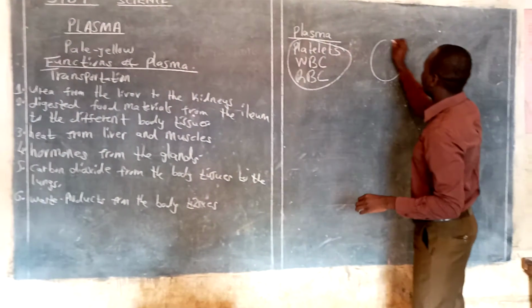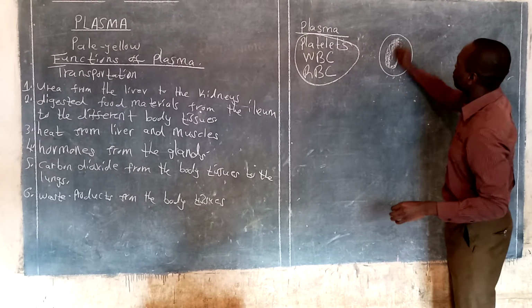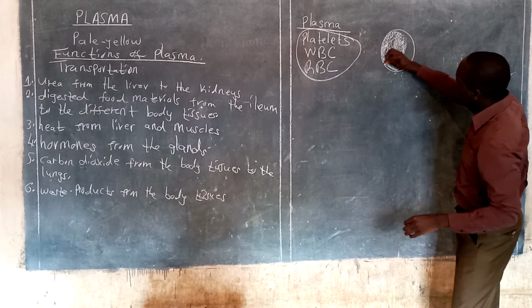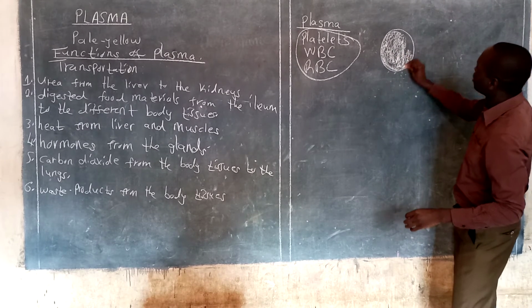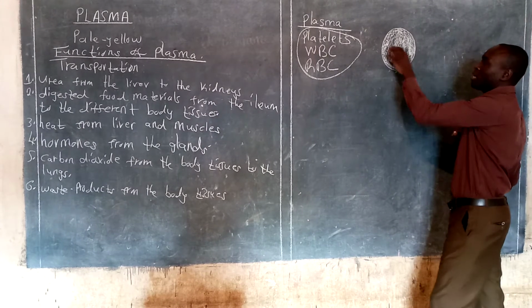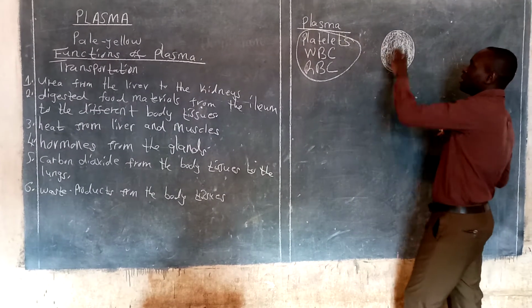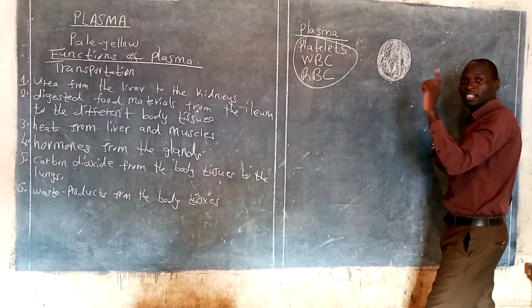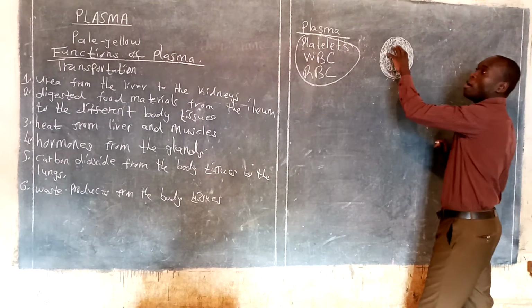Let's say, for example, like this. Let's say this is blood. You have your blood here. Remember, blood is usually red in color. It's not white, as I'm drawing it here on the board. It is usually red in color. So if this is the blood, mostly this liquid part here that you are seeing, the red in color, is just a liquid, but it's red in color. It is what we call plasma.